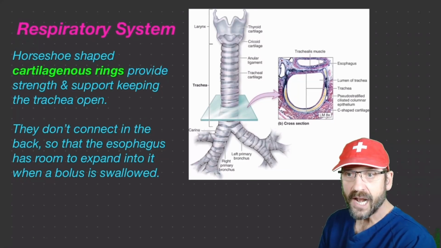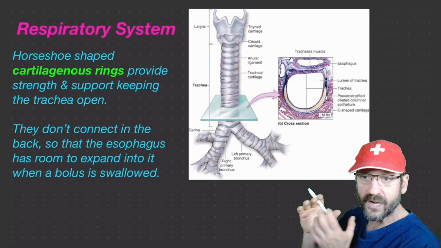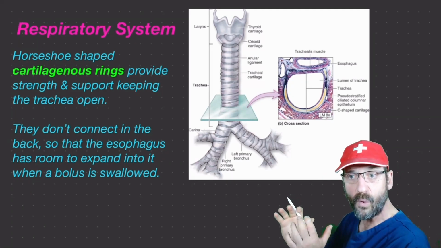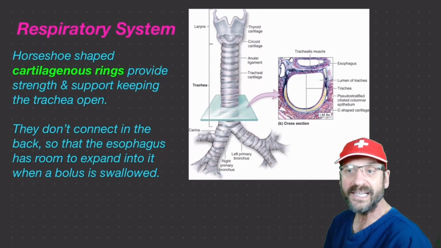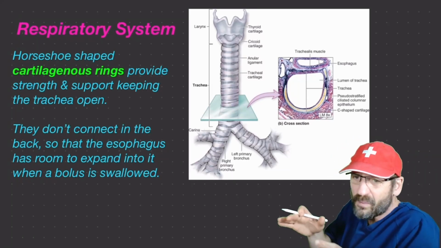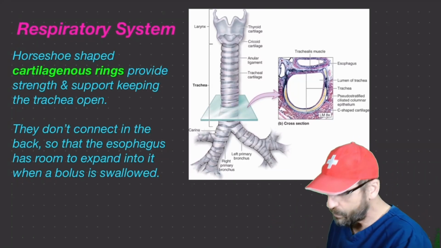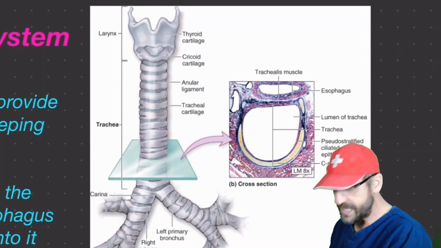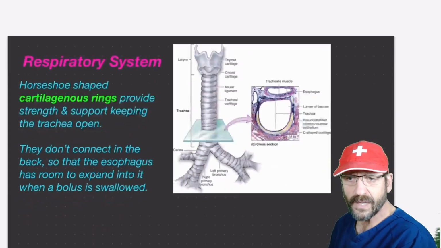And so it's kind of like in your dryer, where the dryer air goes out, that pipe usually has a wire around it to be supported and kept open. It's the same sort of thing. The air can't just have to push open that pipe. We have to have that pipe be open, and that's done by these tracheal rings. And you can see these tracheal rings right here, and they're horseshoe